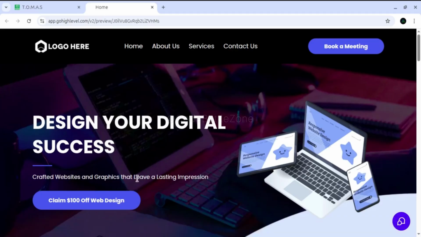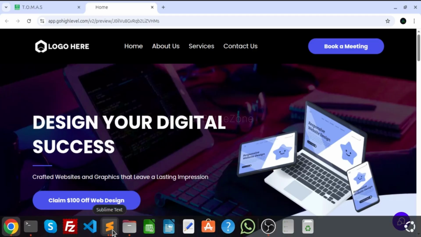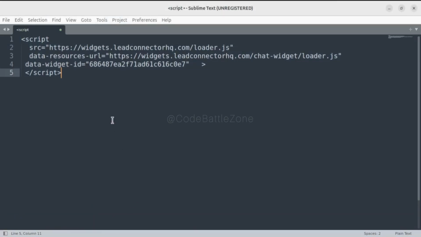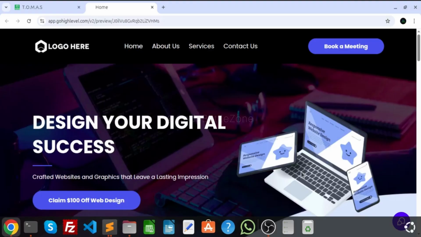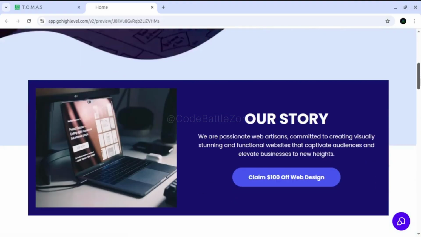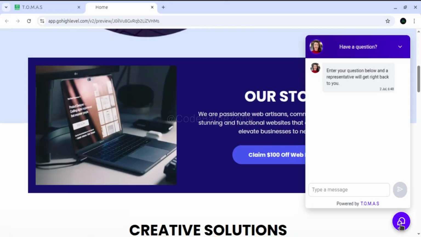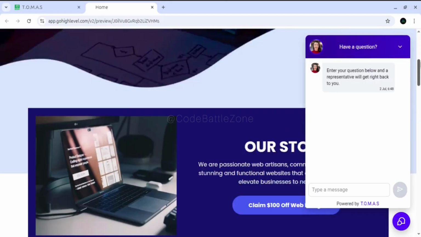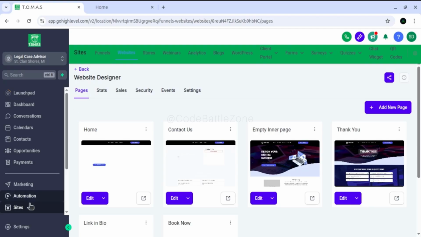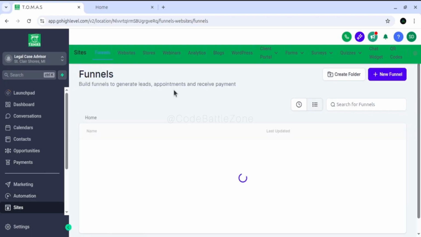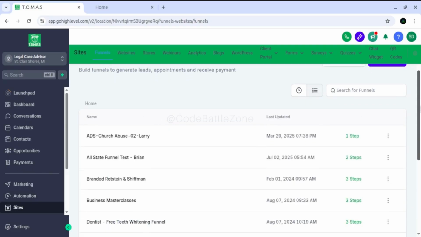And if you want to use the Chat Widget on another platform outside of GoHighLevel, then you just need to use the script. It will work perfectly, the same as you are seeing on the GoHighLevel site. The same result you will see on the other site as well. I'll show you on the funnel also, the same thing, same settings,